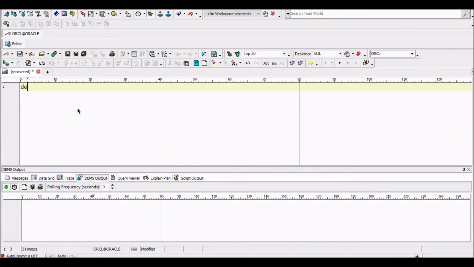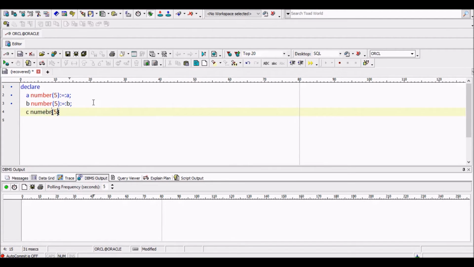Declare a number of data type size 5, assigning with parameter a, b number of data type 5 assigning with parameter b, and c number 5 assigning with parameter c.